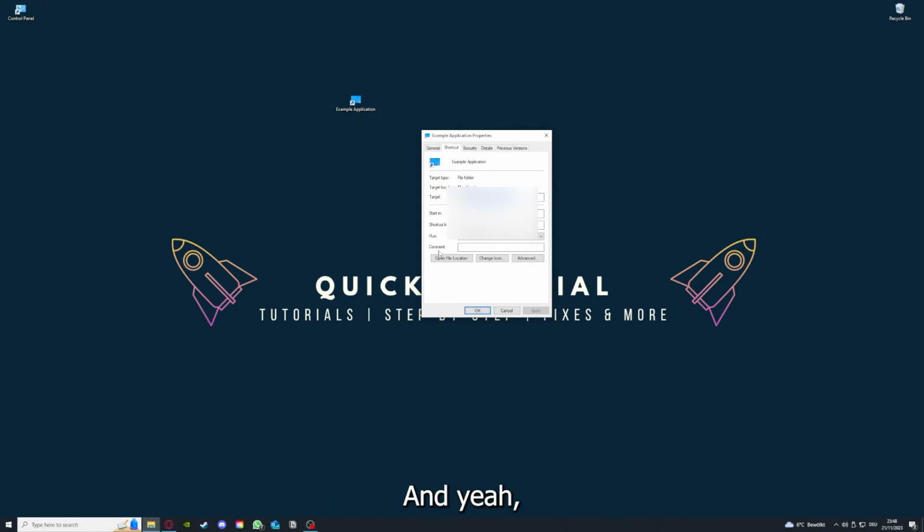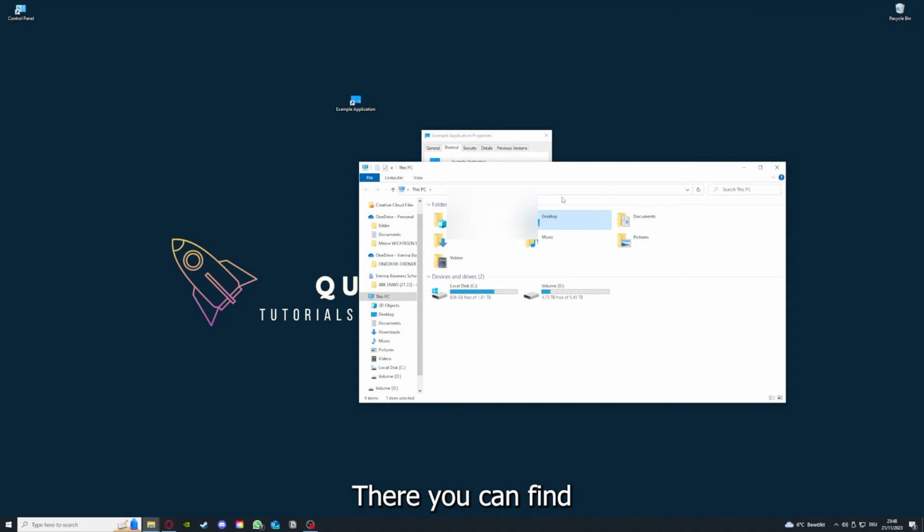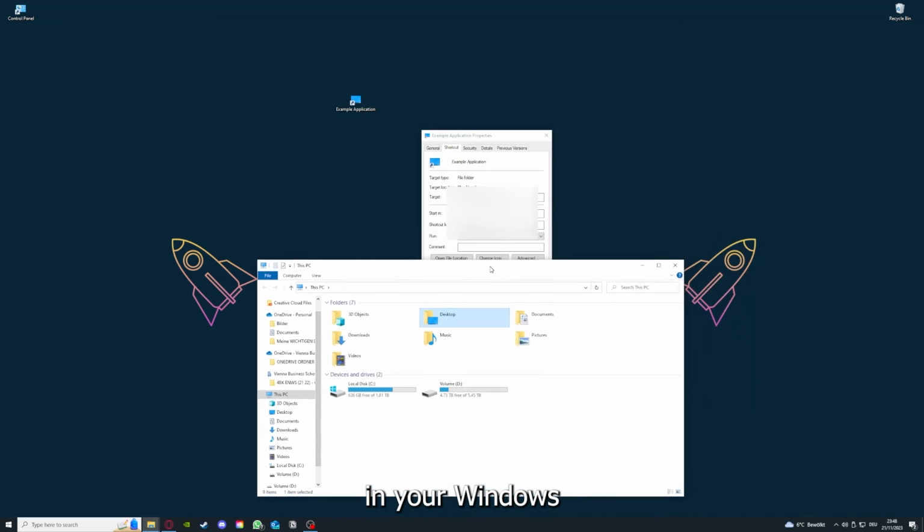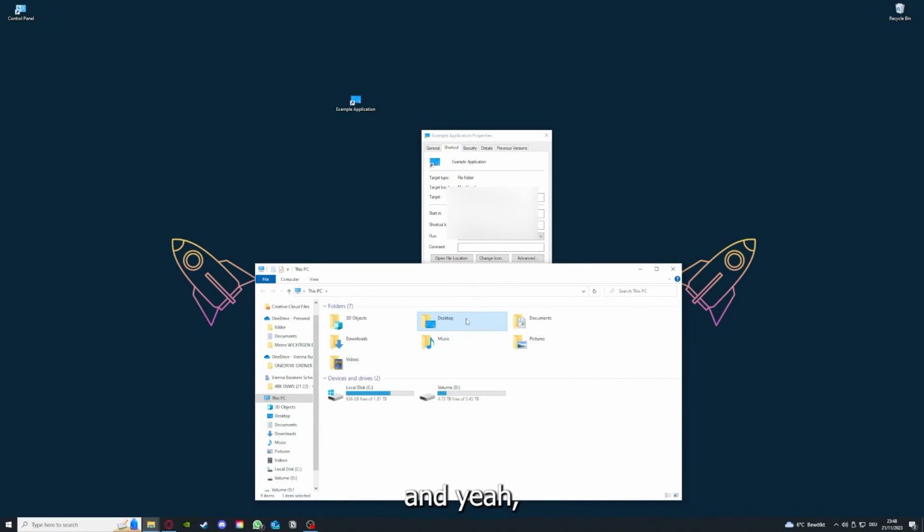You can also go down here to open file location, where you can find your app in your Windows Explorer. You can clear the cache or the data from your app in there as well, but I'm going to show you this in another video. Please look at the top right corner, where I've linked a video on how to update an application, any application or a game, and I will also link how to clear a cache or data on your computer